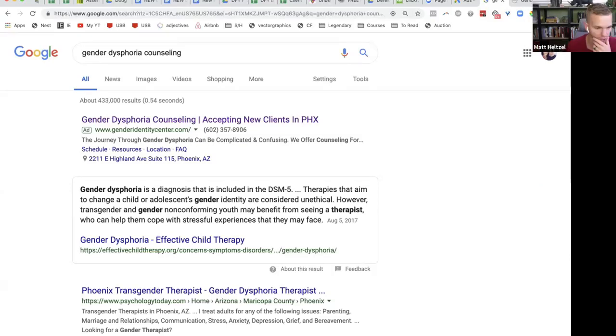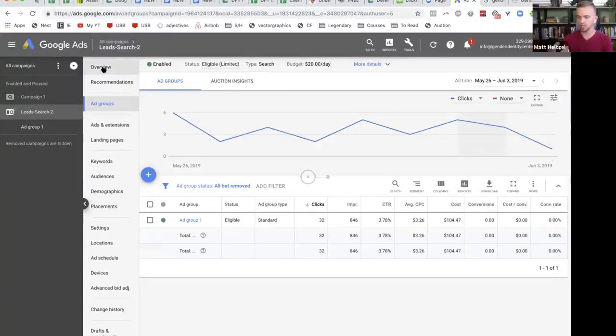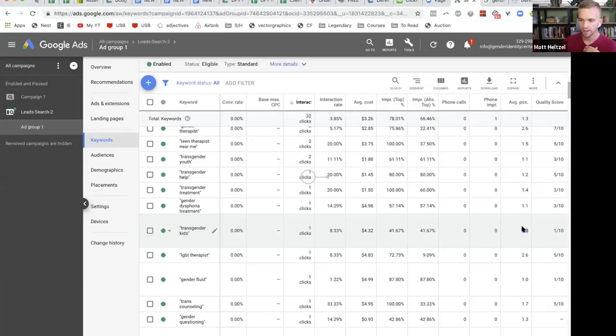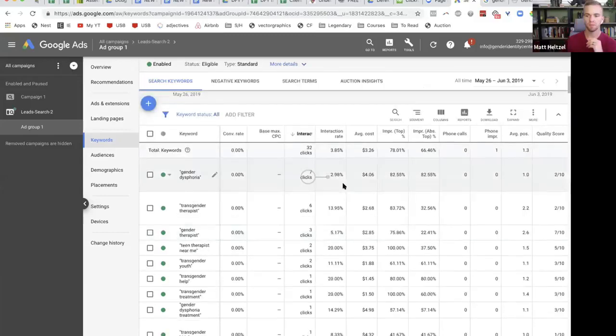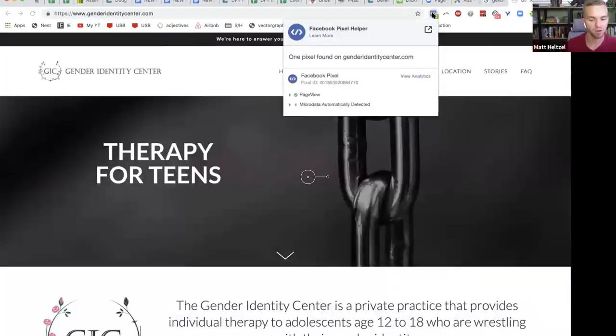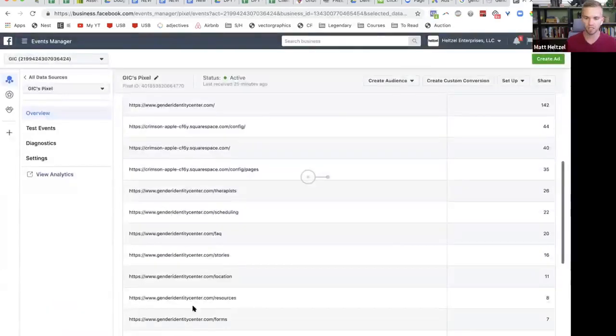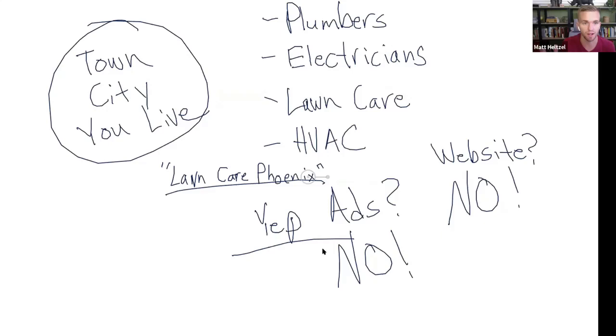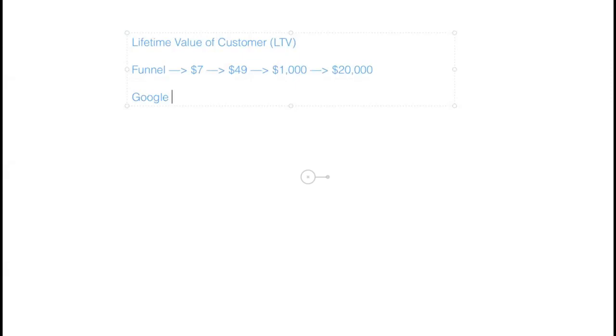So you're going to see my exact ads that I wrote, and you're going to be able to look inside of the actual Google Ads account. And this is when they were only a few weeks old. Then I'll show you how we pixel her page with the Facebook pixel, all right, and run retargeting ads, or how you could.